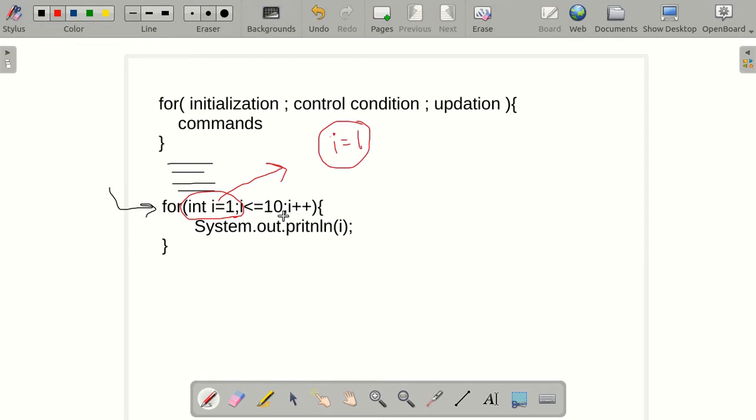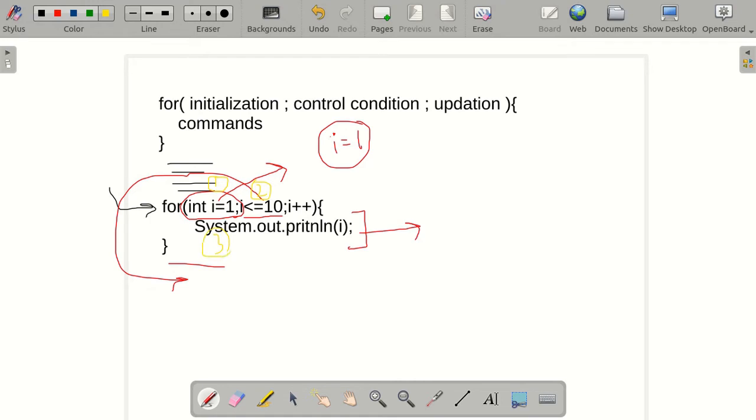The second thing it checks is this. Basically, now it checks if the control condition is true or false. If the control condition is true, it will continue to work further, else it will not work further and will directly come down. That is the next step of the next command beneath the loop. Now since I is 1 and the condition turns true, the third part is that it will execute all the commands in the loop. So our first part was this, second was this, third is all the commands.